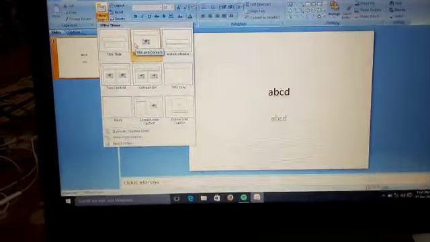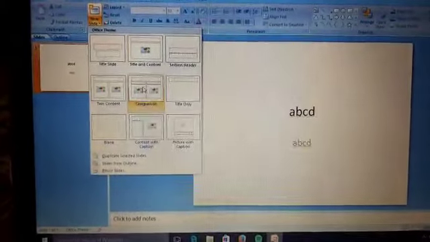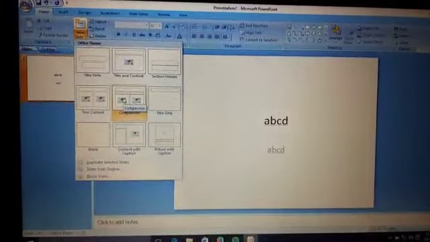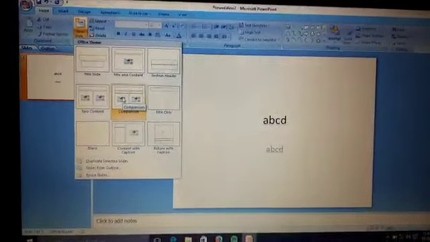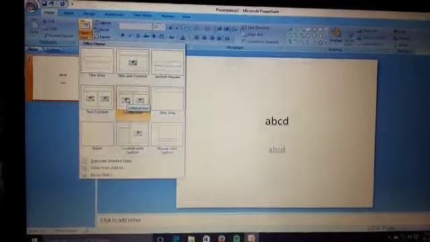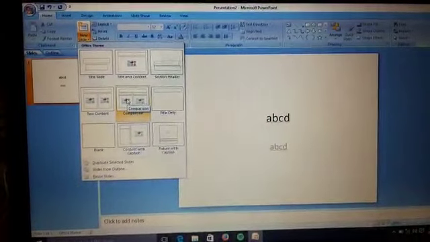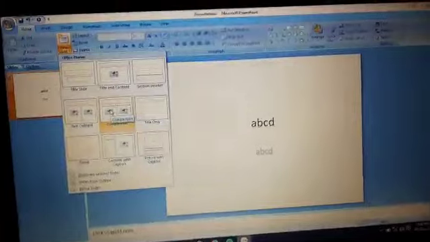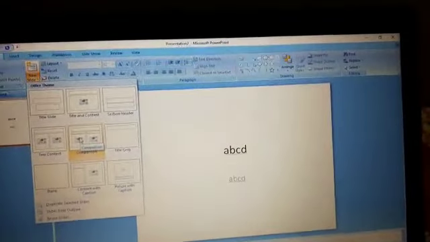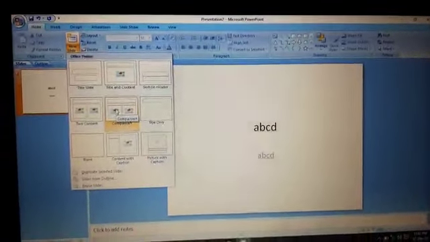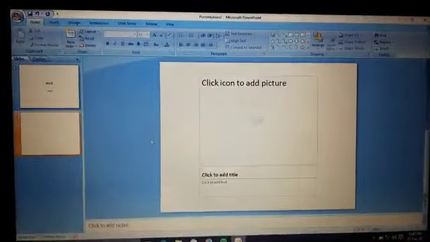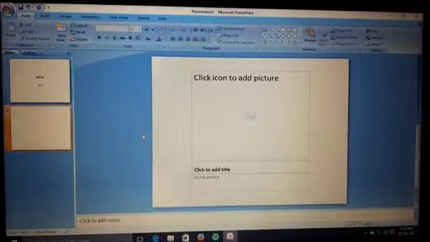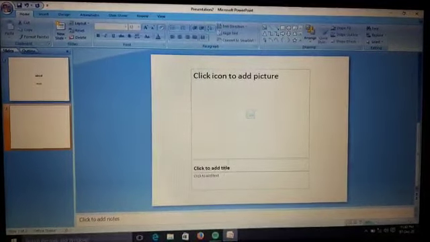Now the third is Comparison. Can you see this? Yes, Comparison. As I told you, if you want to write any kind of differences, suppose RAM and ROM difference, or living thing and non-living thing difference, when you have to write these kinds of differences in any slide, we use this kind of layout. Now, Picture with Caption. This slide layout provides a place for inserting a picture, and the lower section contains a placeholder for inserting the title.